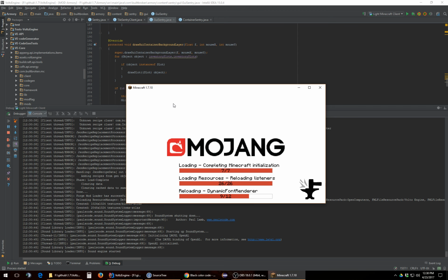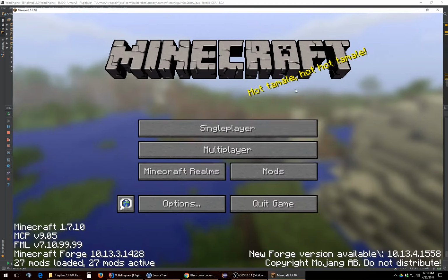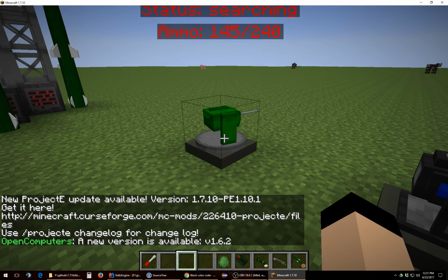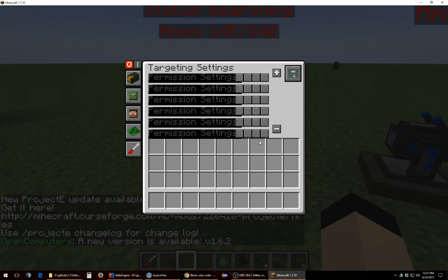Actually, you know what? I remembered I need to still fix the aggro mechanic. I think I mentioned in one of the videos I have to do one of 2 options: add an AI piece to the system so they'll attack it, or make the entity an instance of entity living, which would work as well. So we open this up. Yeah, so here we go. It's